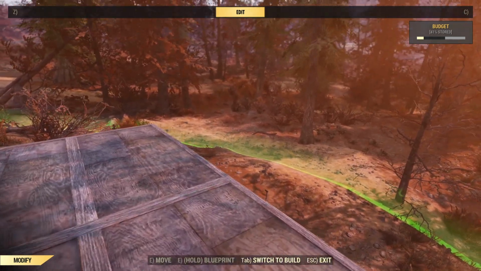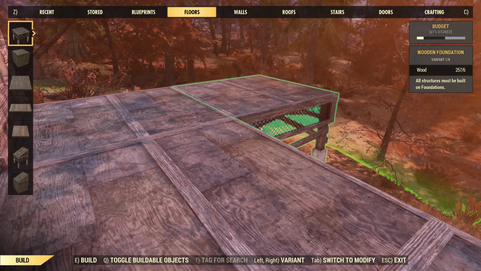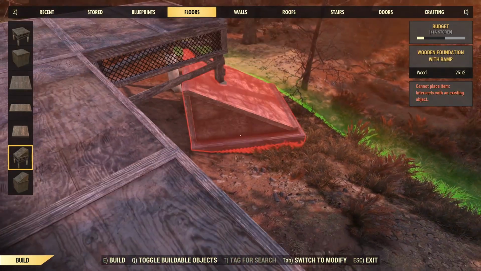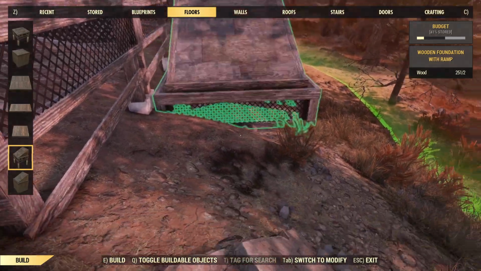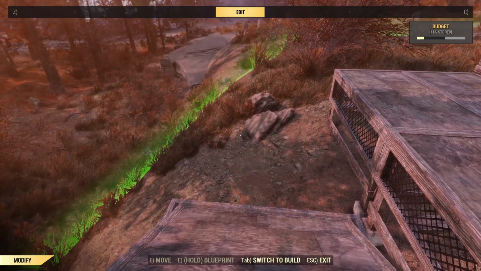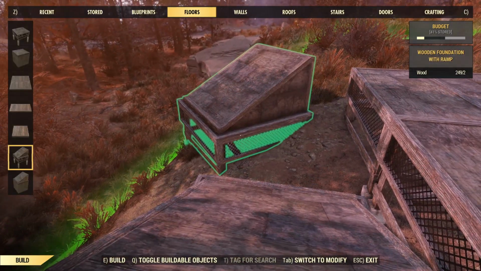So we're going to get a little bit of an entranceway on here to provide a nice welcoming way in, so kind of balcony veranda type deal. Use ramp here if it actually wants to snap on. There we go. And one more foundation and some stairs, because once again running up rather close to the edge